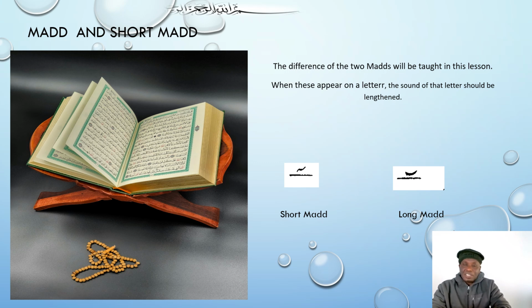Today we'll be looking at the mad and short mad. The difference between the two mads will be taught in this lesson. As you know, when you see these two mads appear on top of any letter, it means that letter needs to be strengthened. We need to pull it and make it longer, just like the way we have been doing with